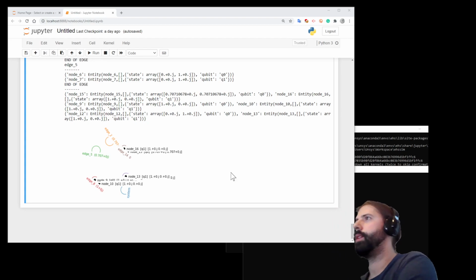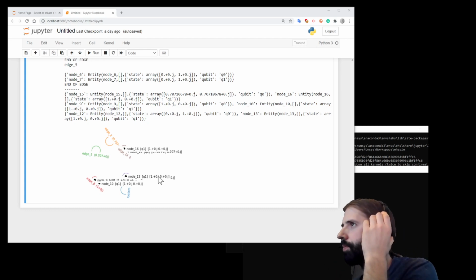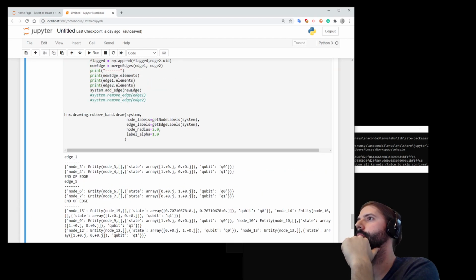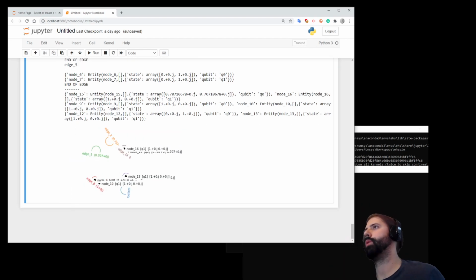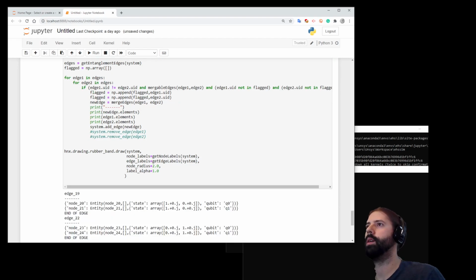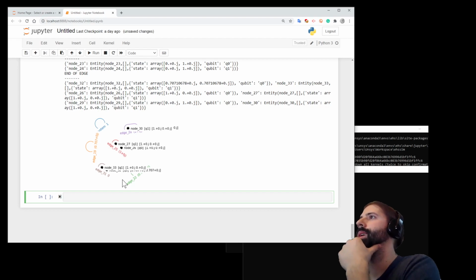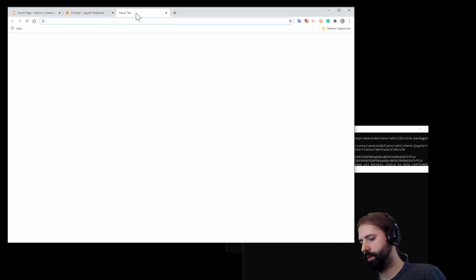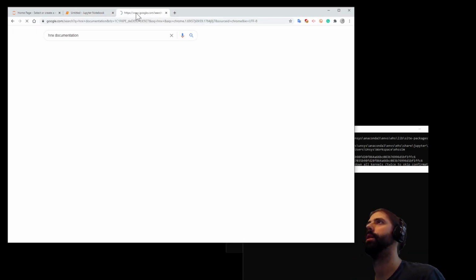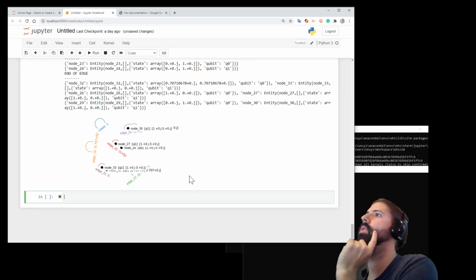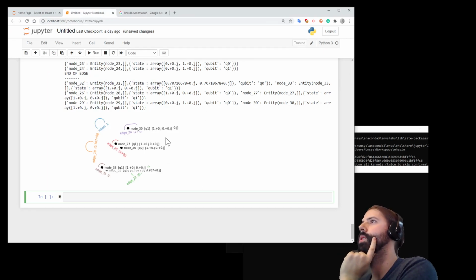So let's try to see if we can clean that up. It really seems like we have to have at least one edge, which is the system edge. Next, documentation. Struggling with that though. But okay, so